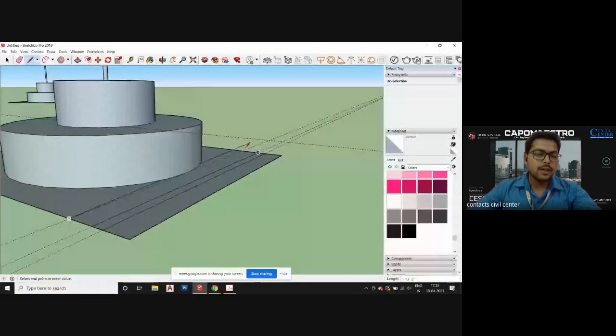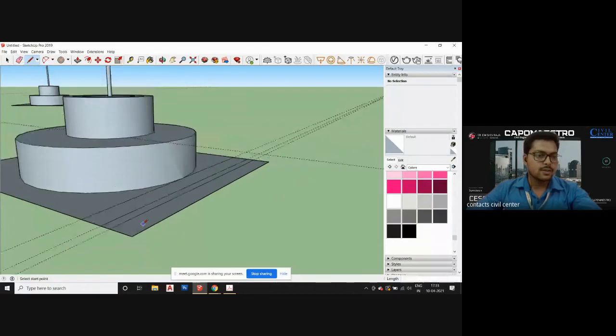Now, if you want, you can also draw curved lines from the same tool. For that, you have to go to the lines, and there you can choose the curved line. Just press the arrow button beside the line tool.